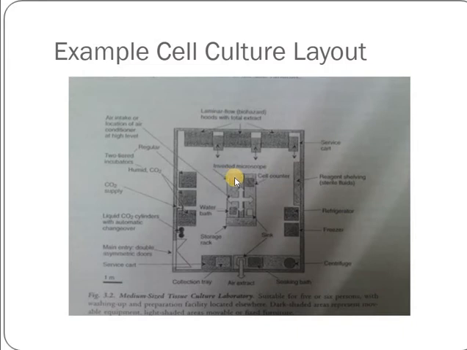There will be an inverted microscope here, a cell counter here, and the laminar air flows, which will be kept at the corner in a stretch, and a service cart will be present at the end so that materials can be placed in and taken out. The reagent shelving and sterile fluids can be kept in this particular area. Refrigerator systems can be kept here, freezer systems can be placed here, and towards one end there will be a collection tray, an air exhaust system, the soaking bath, and the centrifuge. This is the simple setup of any laboratory for animal cell culture.